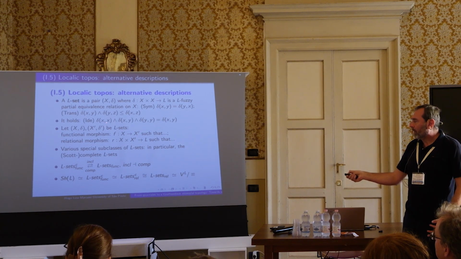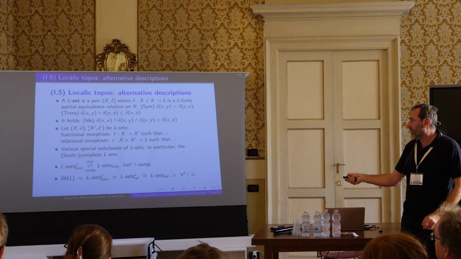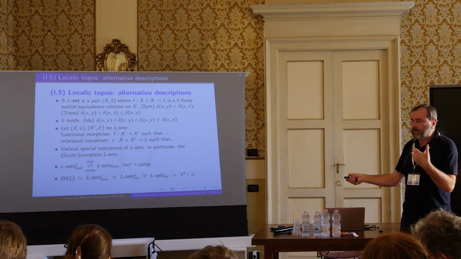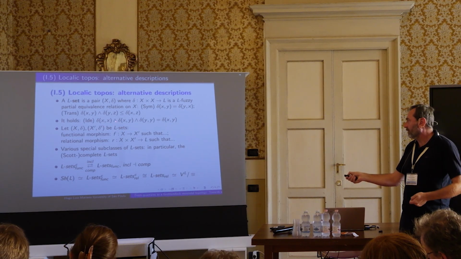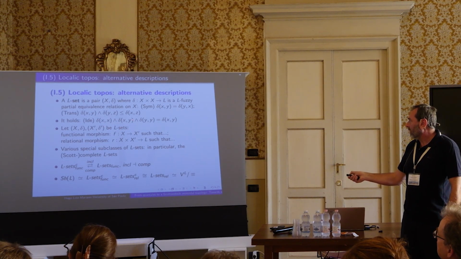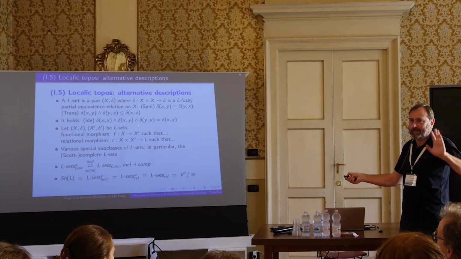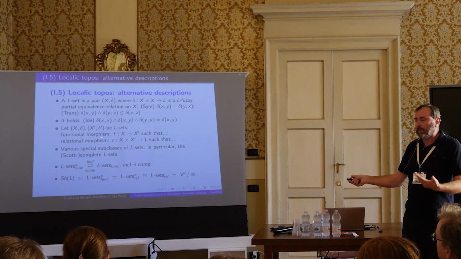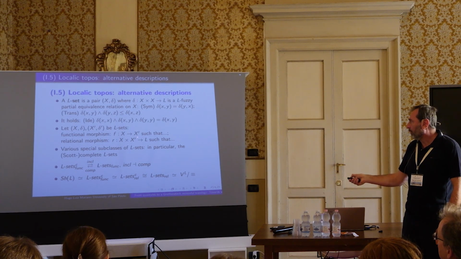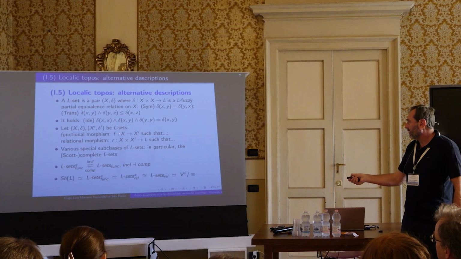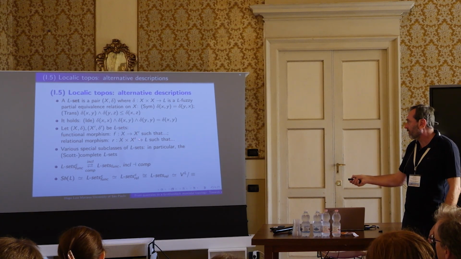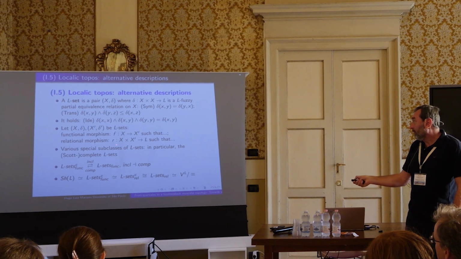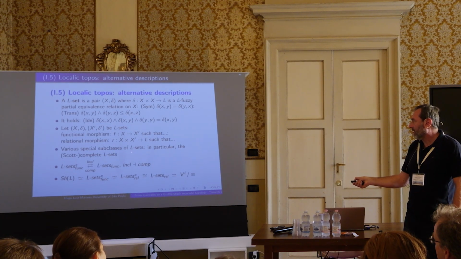And there are two ways to compare L-sets by functional morphisms, that are functions satisfying some property of preservation of extent and being a co-contraction, let's say. And another natural notion is the relational morphism that we saw also in the presentation of Stubbe. There are many special subclasses of L-sets.